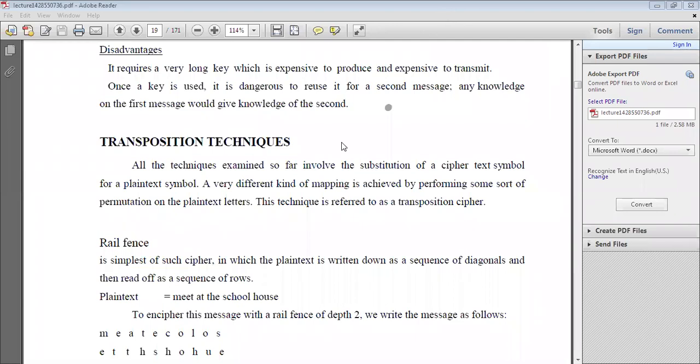Good afternoon, students. In the last class we started transposition techniques. So what are the transposition techniques we use in cryptography? Here, in the transposition technique, mainly we alter the plain text. Simply, you can say that is the transposition. For example, you want to send information from source to destination.